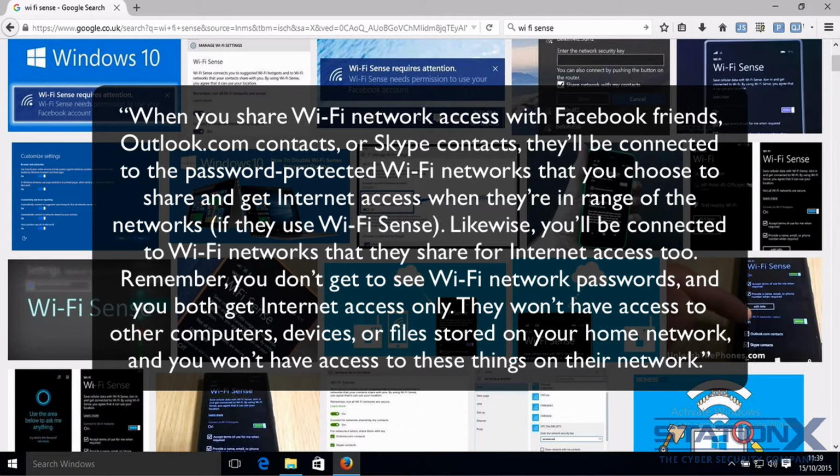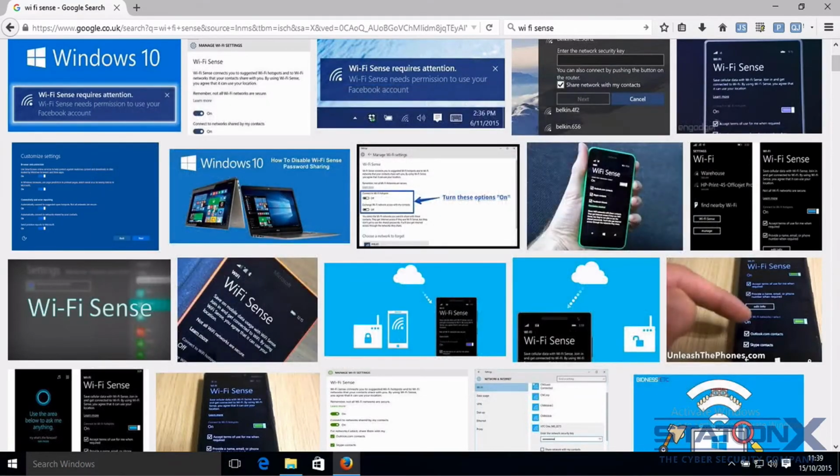Remember, you don't get to see Wi-Fi network passwords, and you both get internet access only. They won't have access to other computers, devices, or files stored on your home network, and you won't have access to those things on their network. Well, that's in theory. So, Wi-Fi Sense is switched off by default, but you can check to see what the